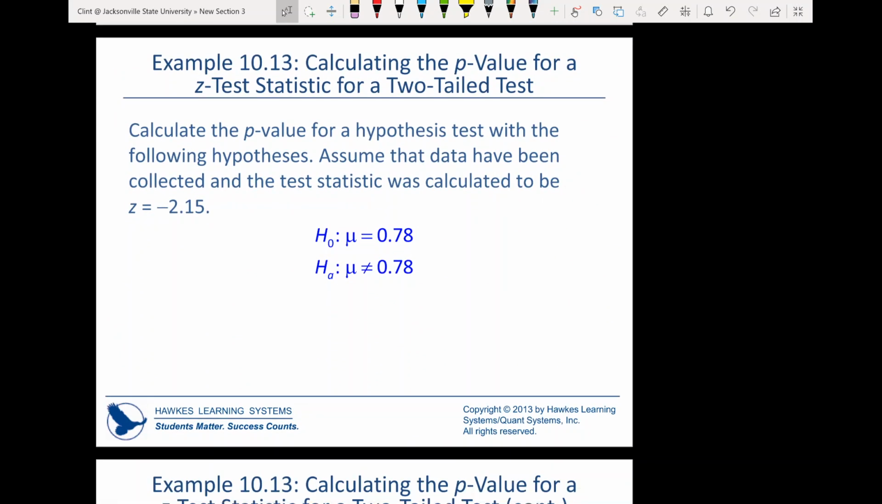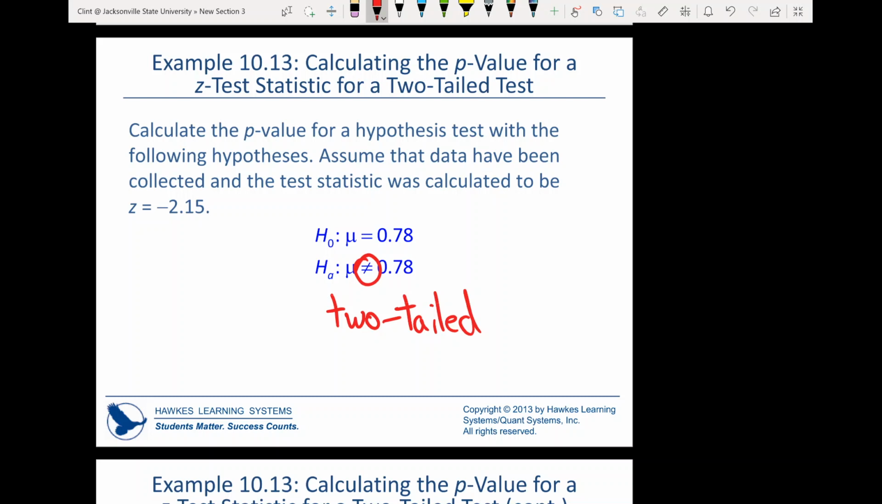Let's look at this one. It says calculate the p-value. Our test statistic is negative 2.15. Okay, so then we need to figure out what type of test we're doing, left-tailed, right-tailed, or two-tailed. In this case, our symbol is a not equal to symbol, so this is going to be two-tailed. Okay. So the two-tailed case is the one where we have to think just a little bit harder, okay? Because we don't just want the area to the left of some number or the area to the right of